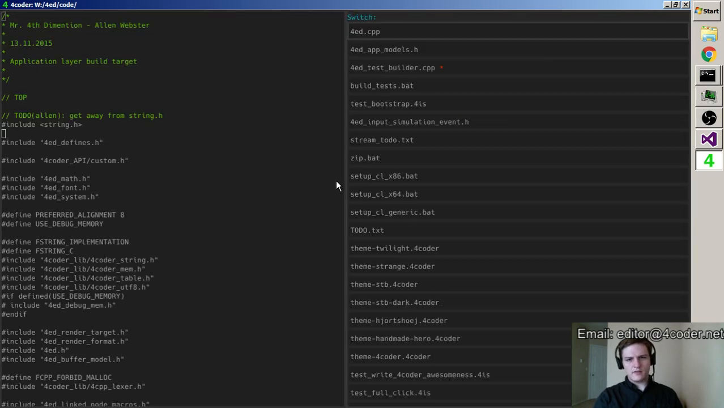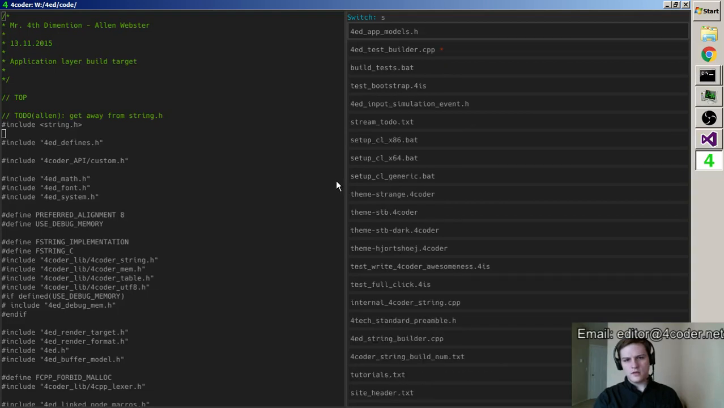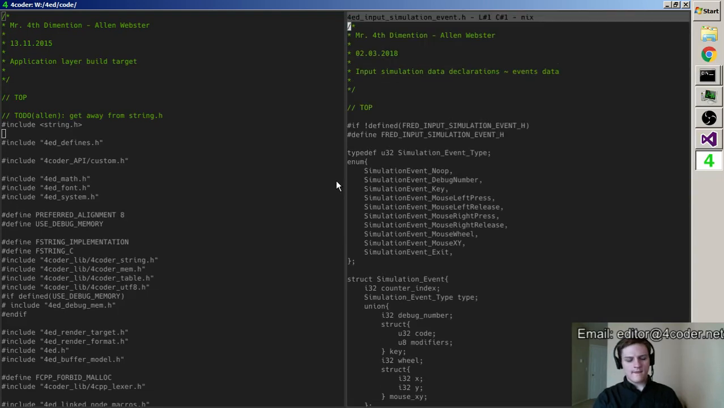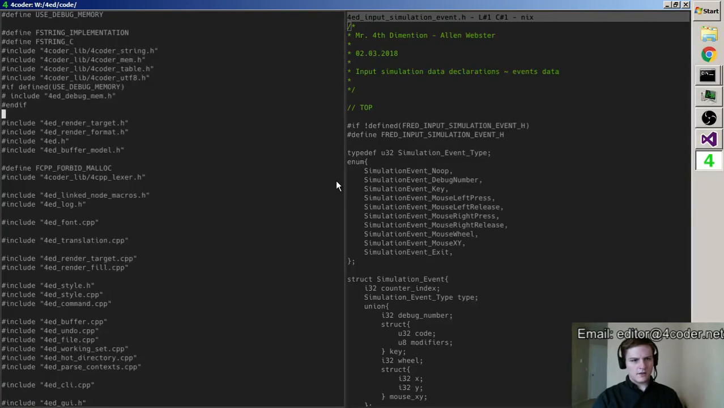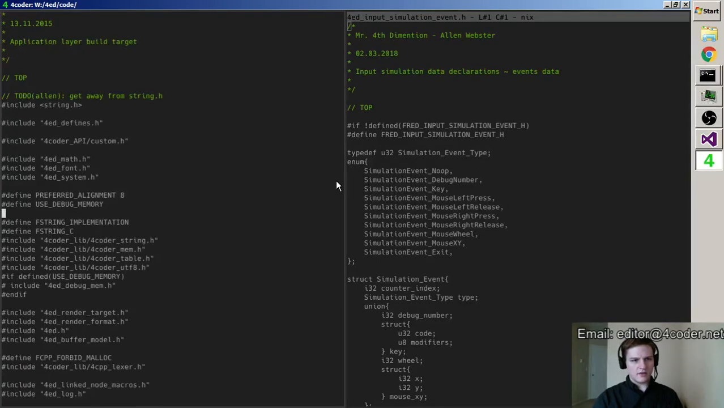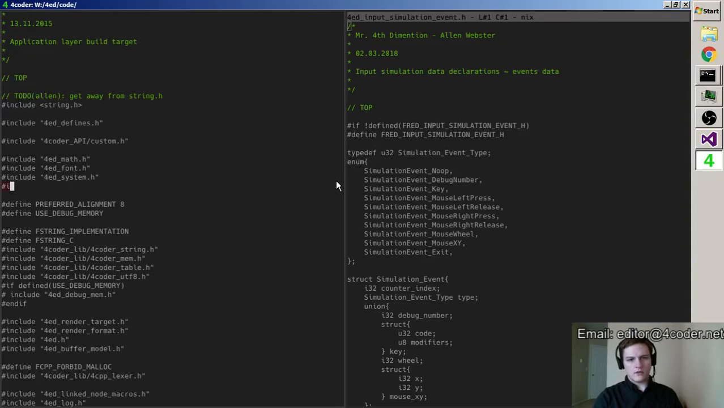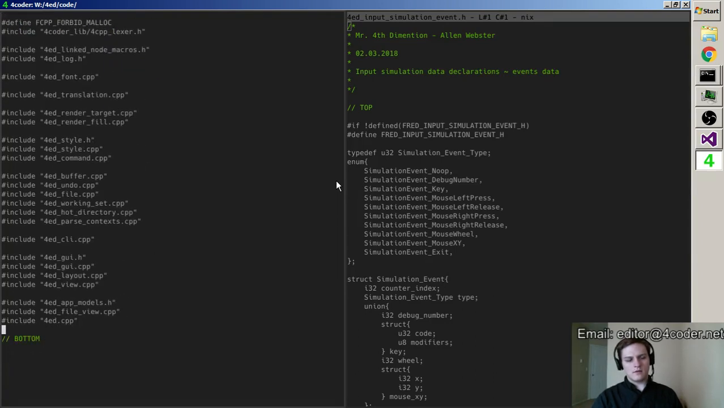Yeah, as I suspected, this is not including the simulation events yet. So fored input simulations needs to get included in here somewhere. This depends on nothing but the defined, so let's just put this all the way up at this level here. Fored input simulation event.h, and then what we're going to do is